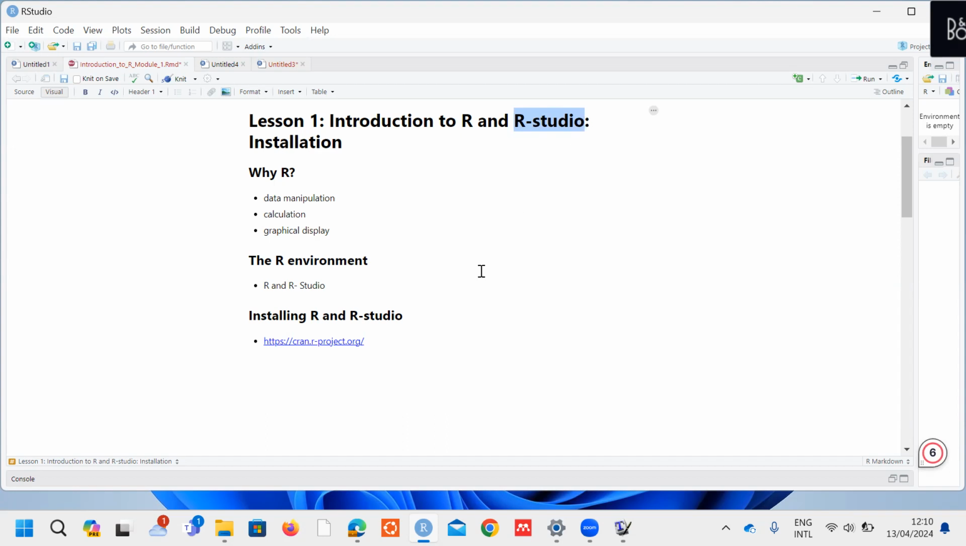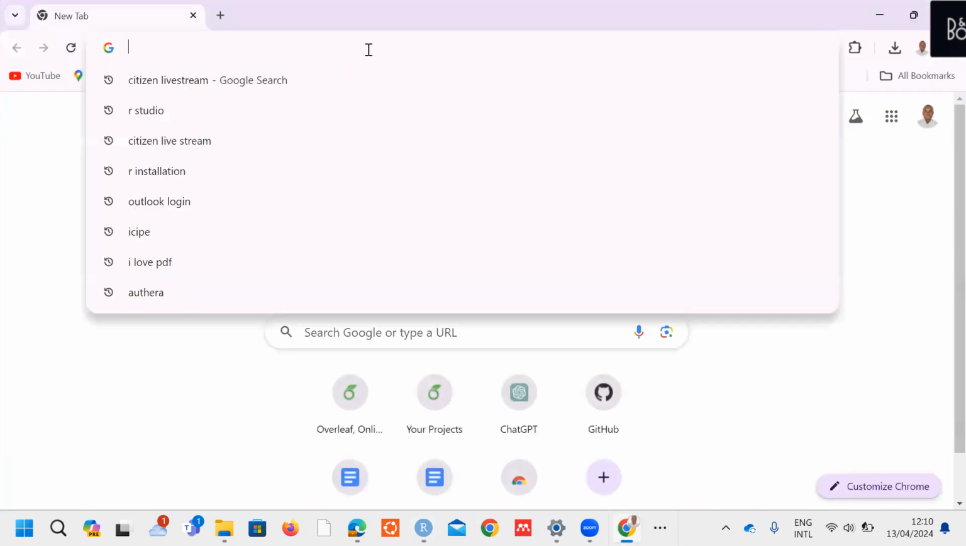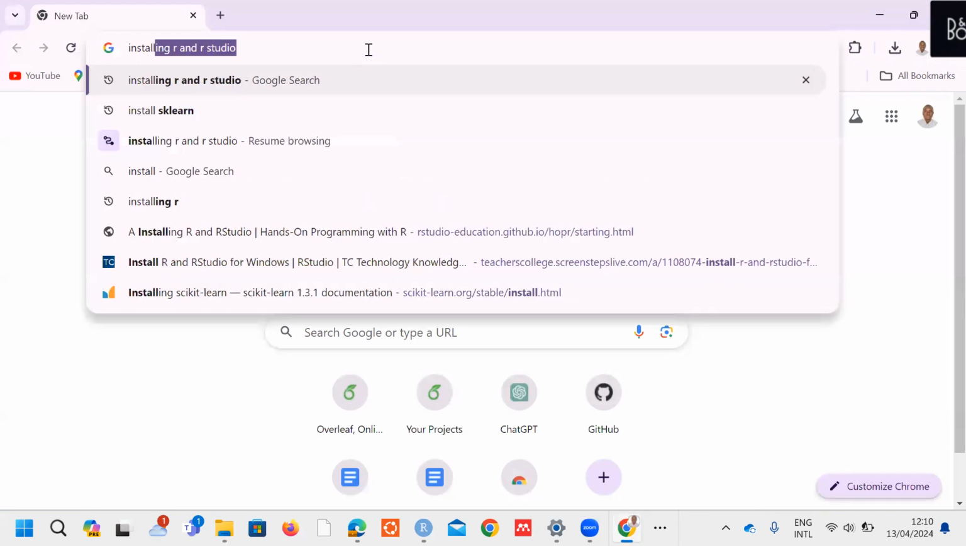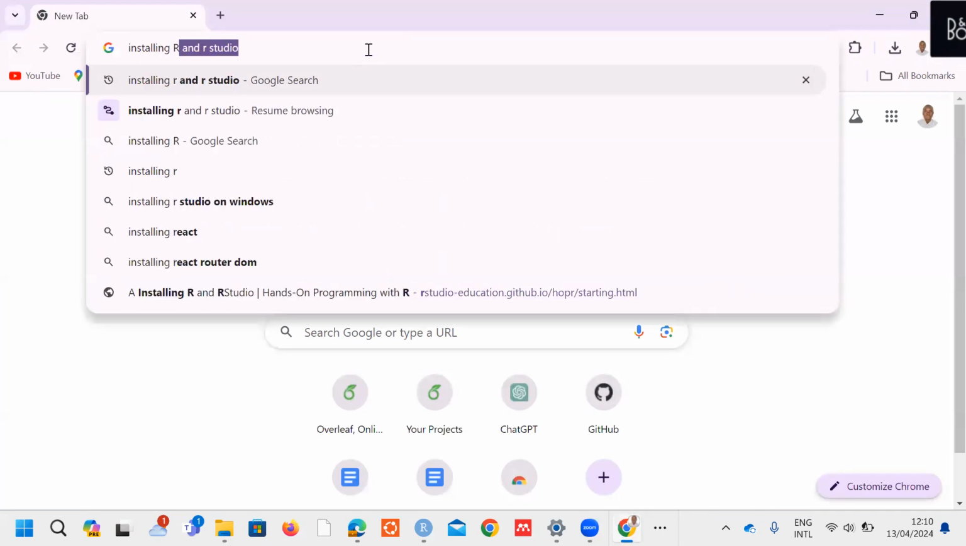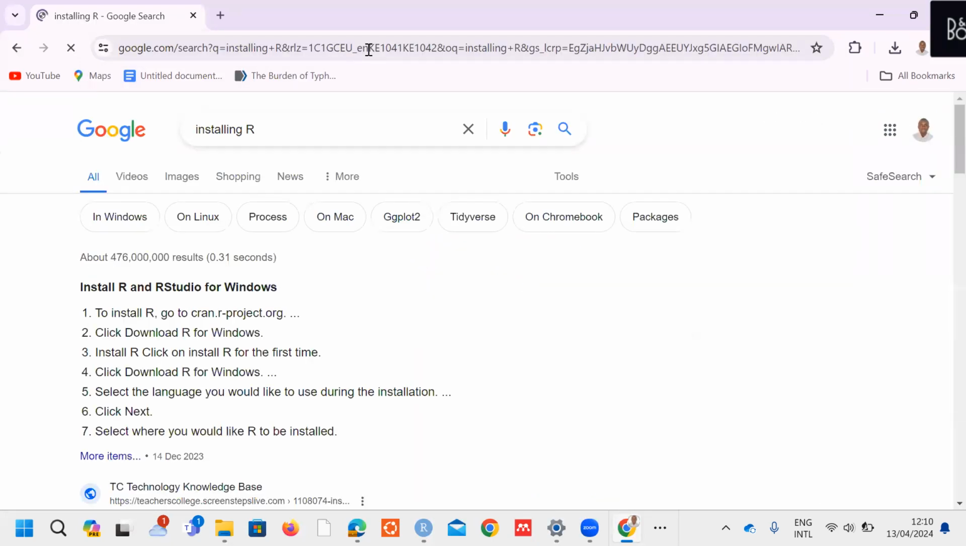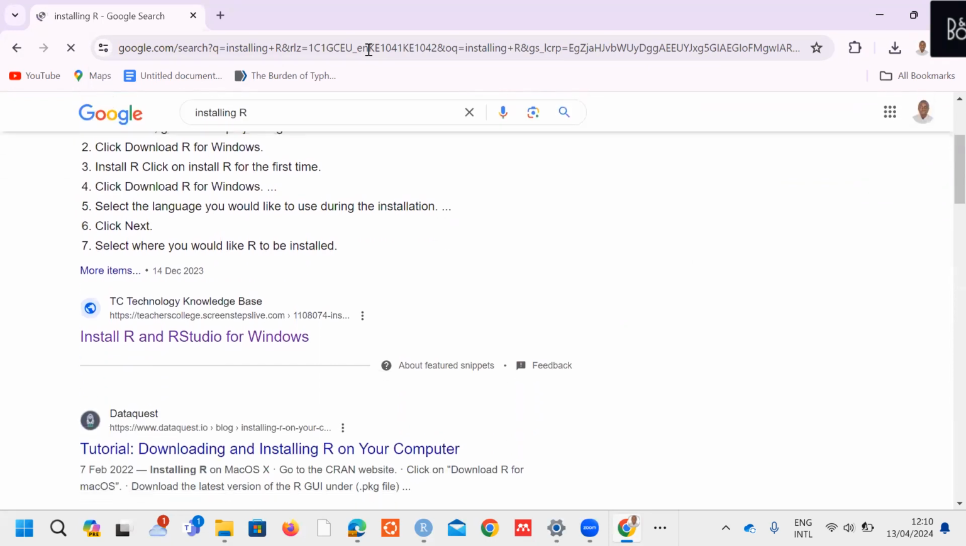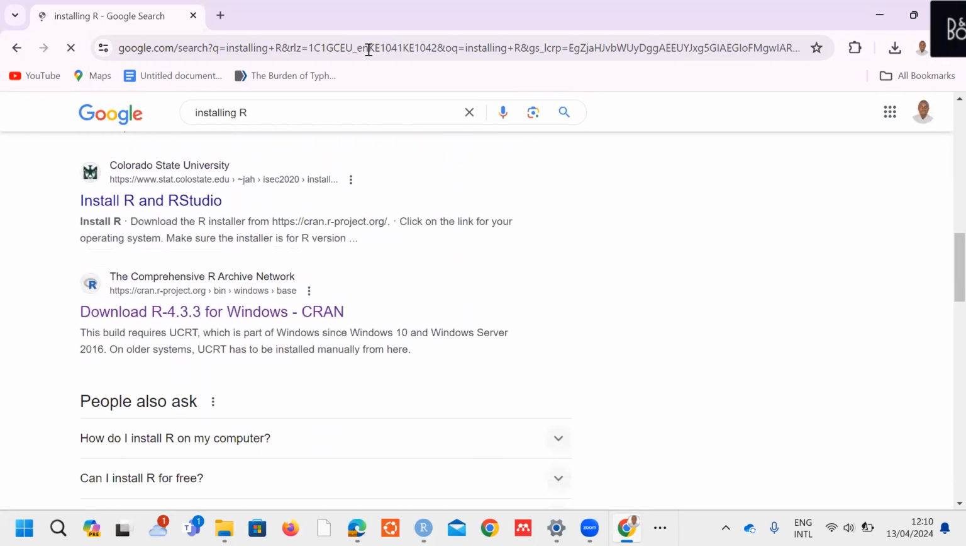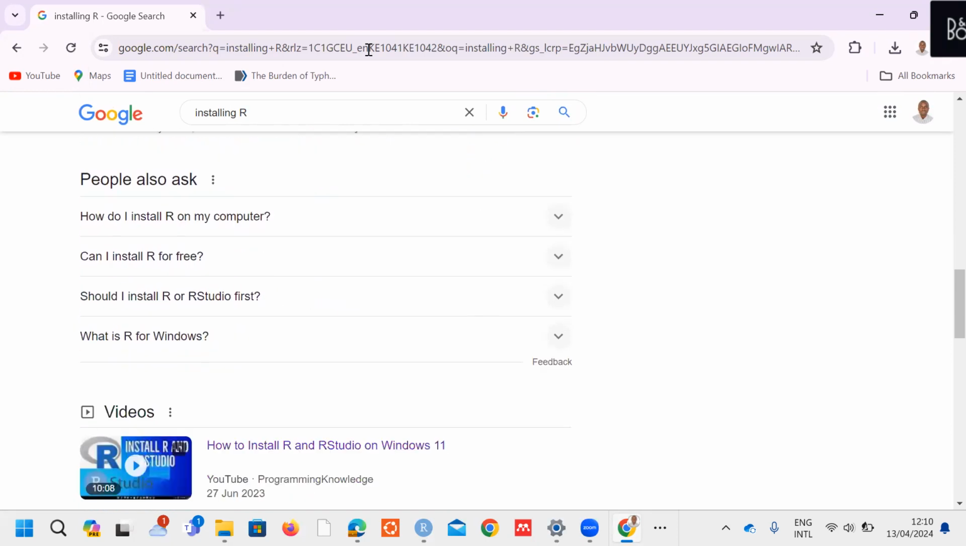So let's go directly to how we can install R. We can just do this by going online and Googling how to install R. Let's say just installing R. There are several options here, but I recommend you to go to this option for